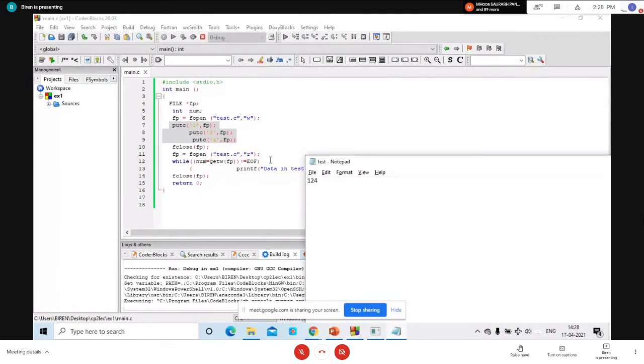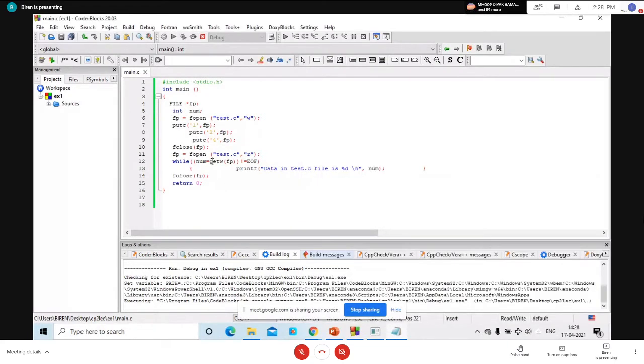You are writing one character, which means 1 byte. Here the getw function reads a word, a set of 4 bytes, and then extracts the integer from that word. But here your data is stored in the form of characters. That's why the getw function cannot read this data properly.